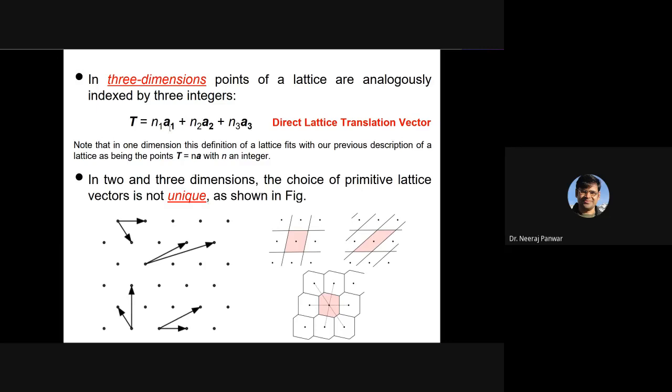When we talk about 3 dimensions, all solids generally exist in 3 dimensions. So in 3 dimensions, points of a lattice can be reached by a translation vector T given by N1 A1 plus N2 A2 plus N3 A3, where A1, A2, A3 are the basis vectors or fundamental vectors, and N1, N2 and N3 are arbitrary integers. Notice that in 1 dimension,